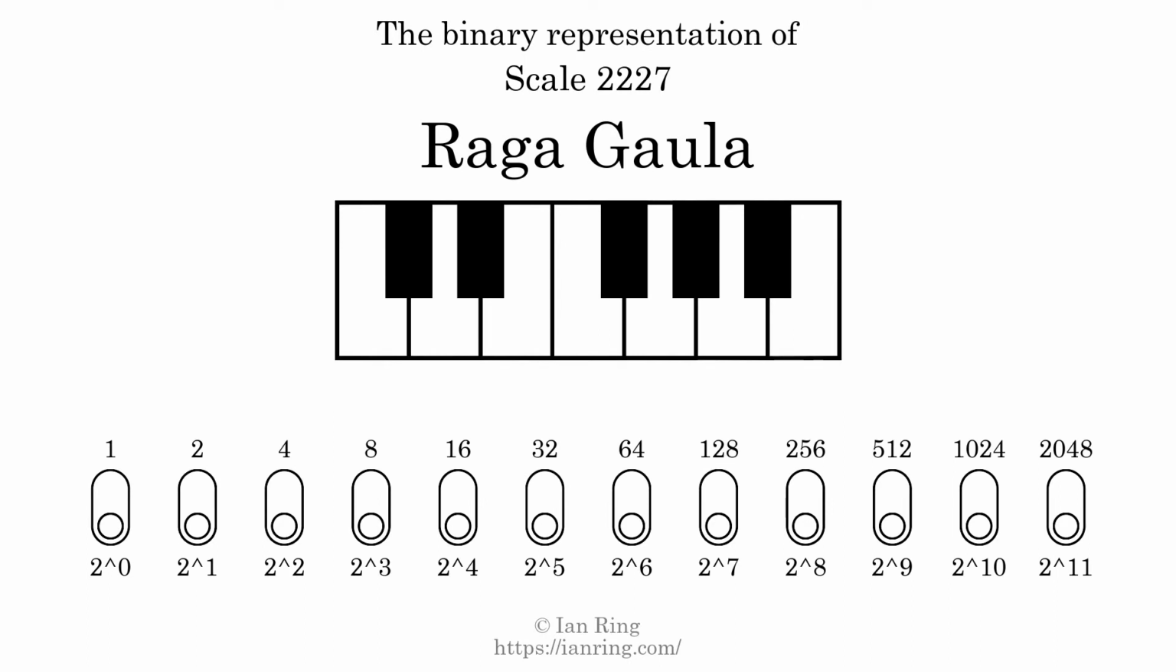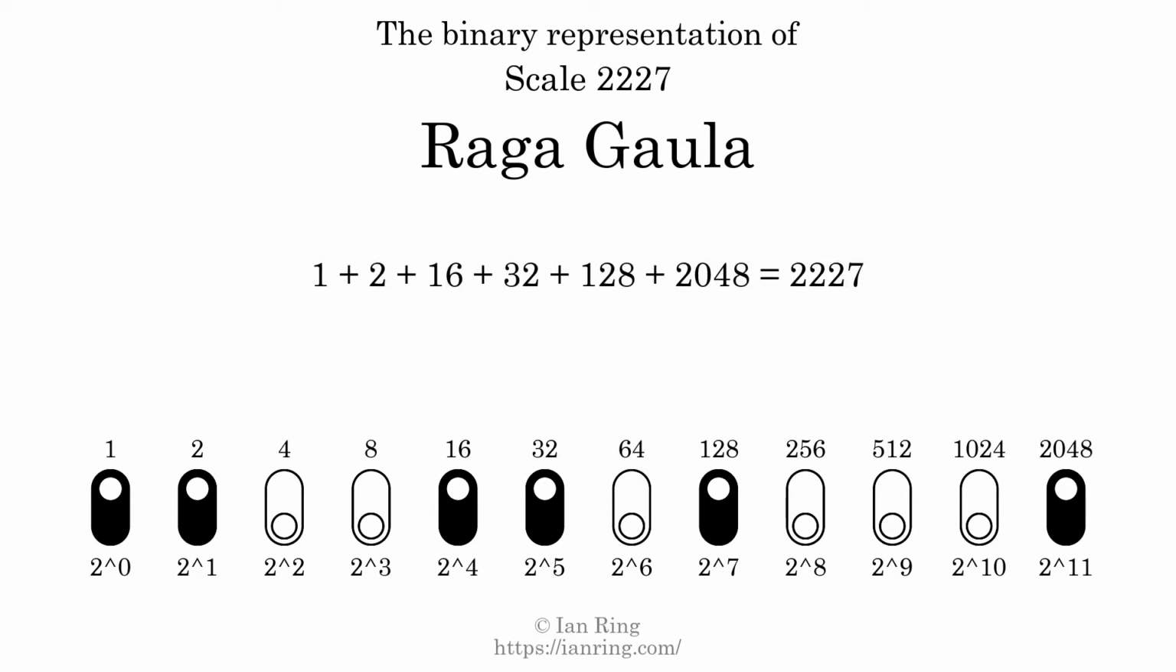The binary representation of this scale is determined by mapping tones of the scale to binary digits. Each binary digit represents a power of 2. To get the scale number, we add the powers of 2 together. The powers of 2 that are present in the scale, all added together, equals 2227. That is why the scale number, in decimal, is